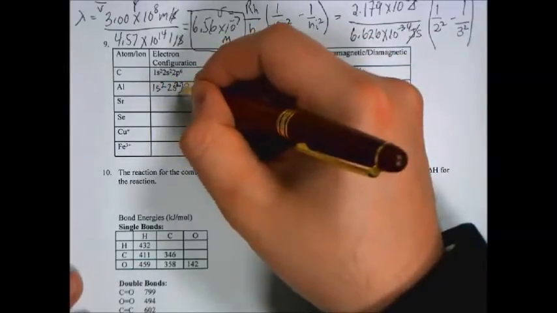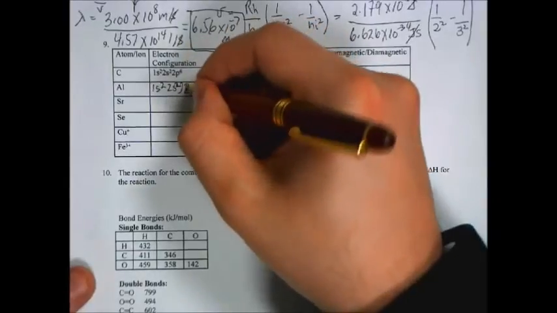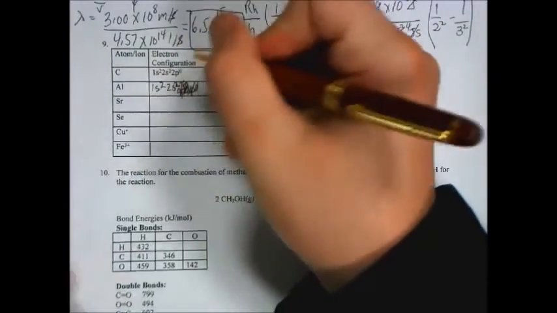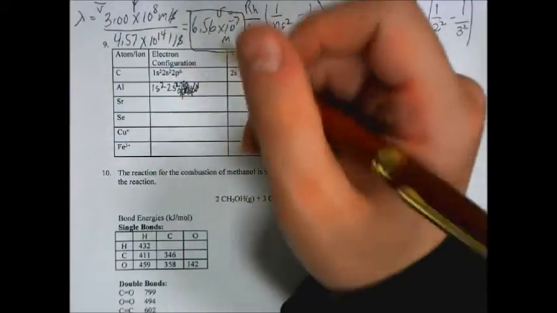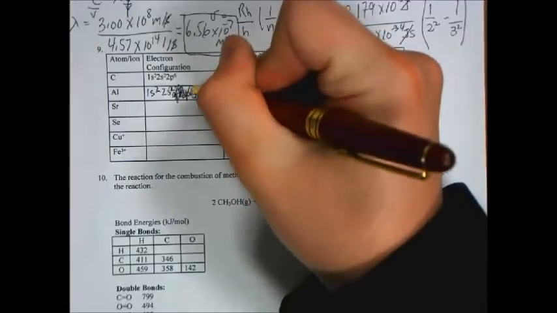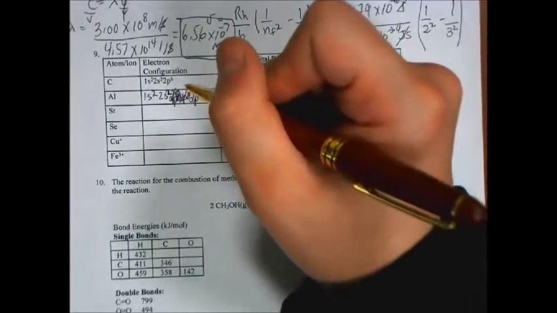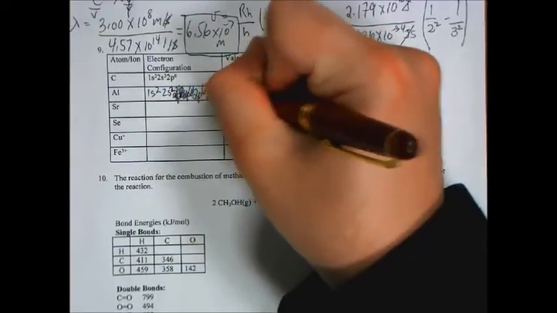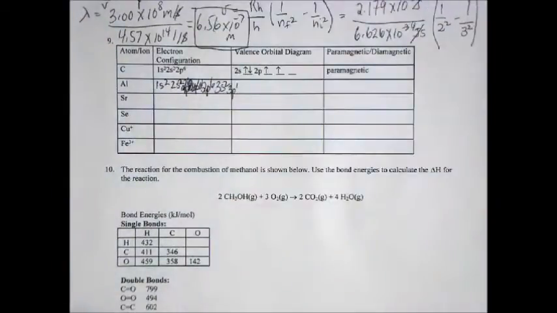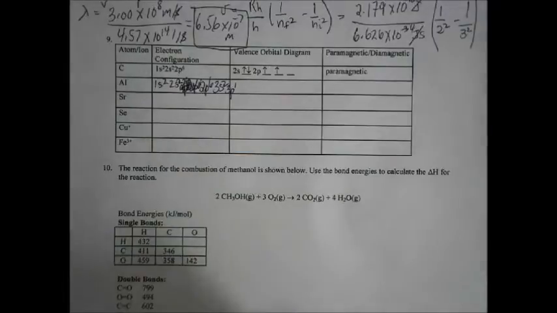I'm sorry, I missed some things here. I've got to cross this out. So you get 2s2, 2p6. That's going to take us over to neon, so let me cross that out. Then we're going to get 3s2. I jumped ahead a little bit. And then we're going to get 3p1. All right, so that's the correct electron configuration